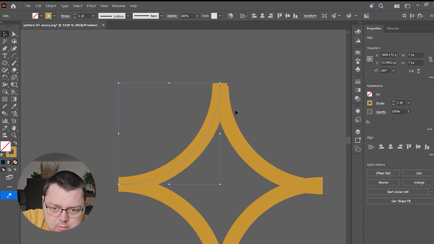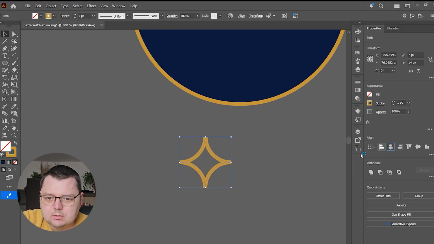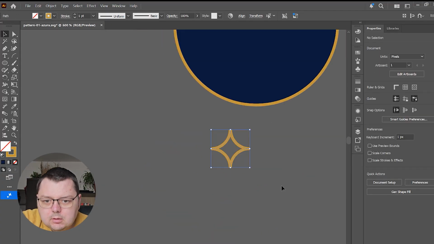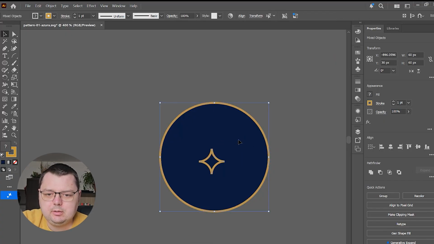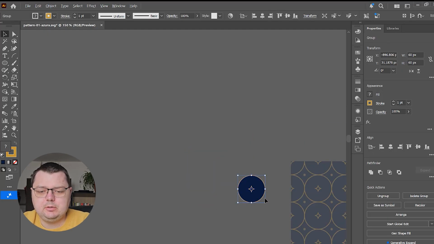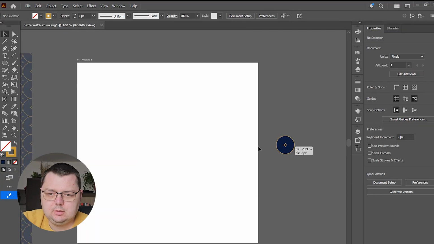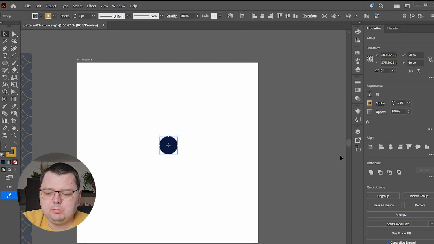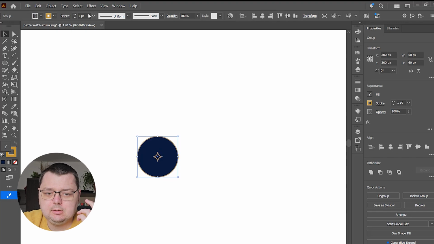Okay, maybe something like this. Okay, something like this, and I want to group it and put it in the center of this circle. And now that I have this circle, I want to group it. I want to go right here. Just let me put it in the middle of the artboard, and I want to select it,